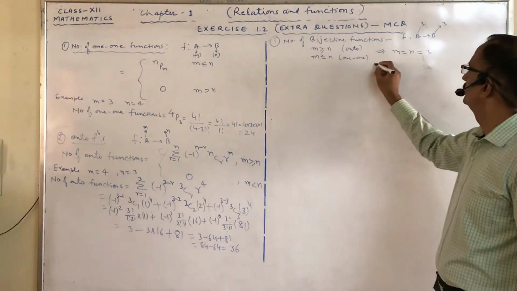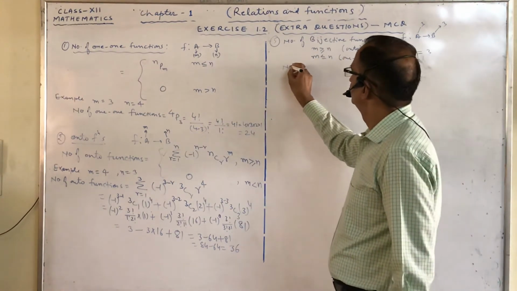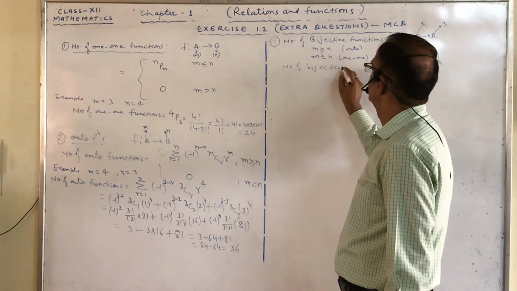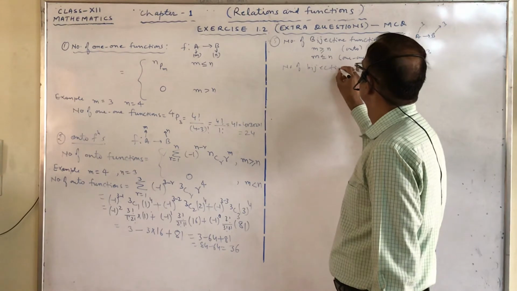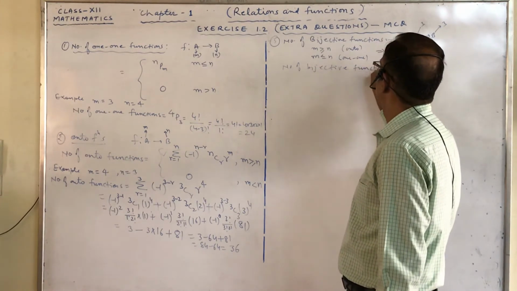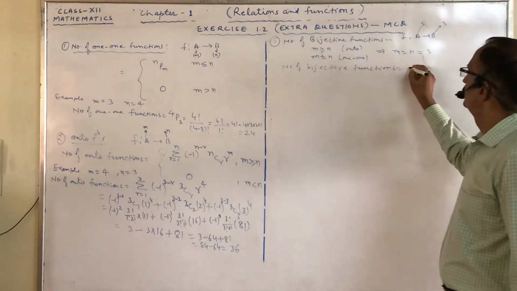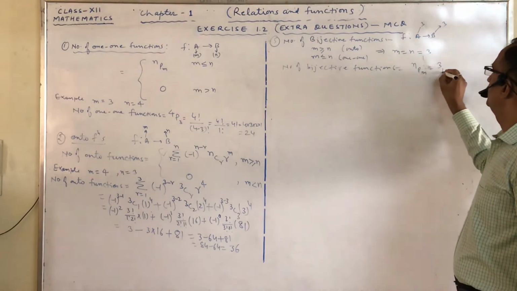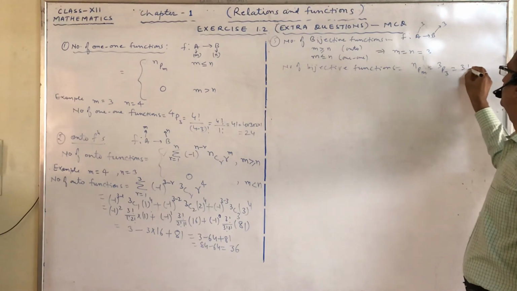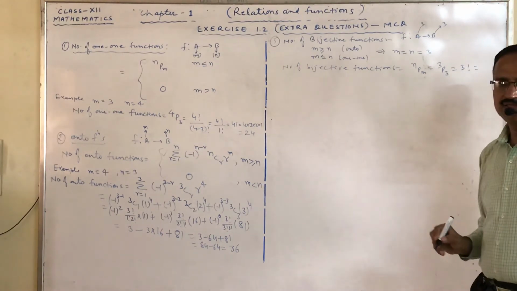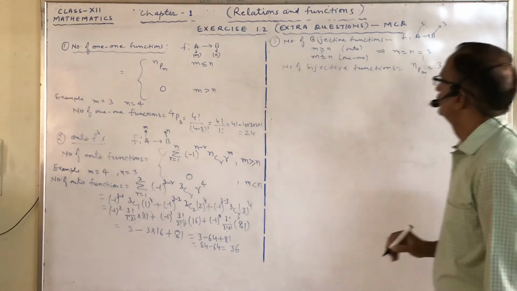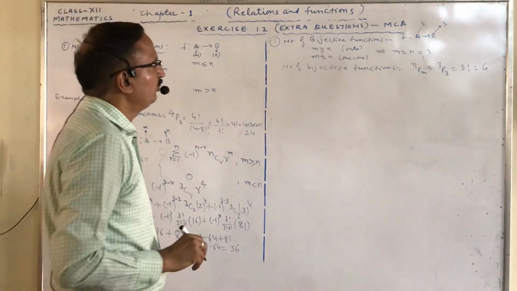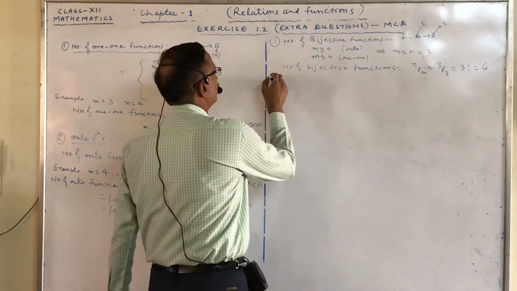So we can write number of bijective functions. So this is nPm, 3P3. So this is nothing but 3 factorial and the answer is 6. So number of bijective functions from A to B are 6. Okay, next is